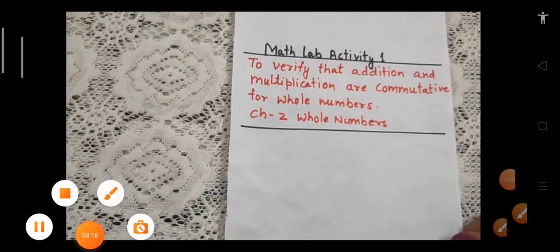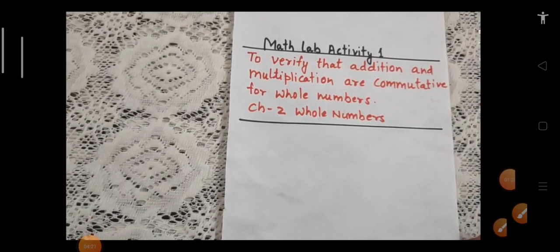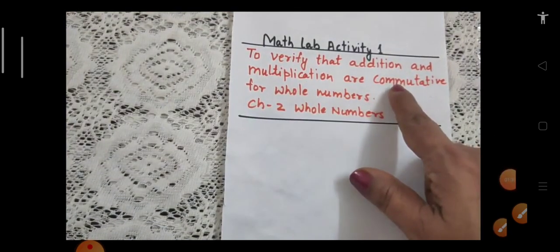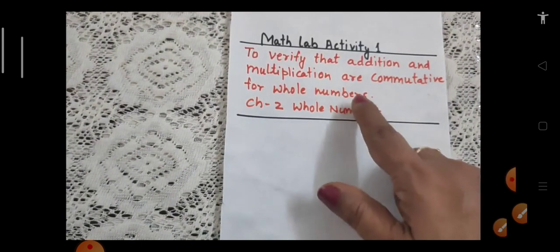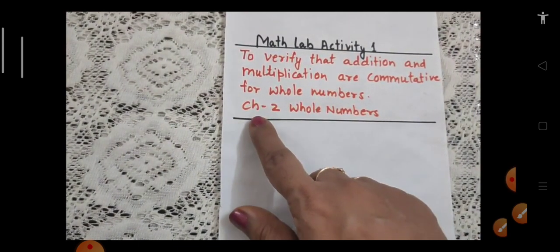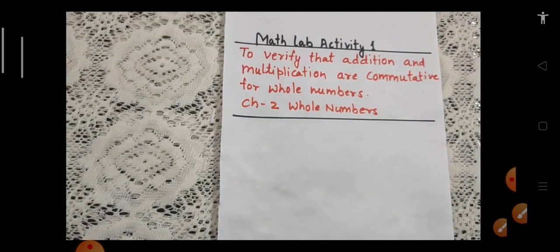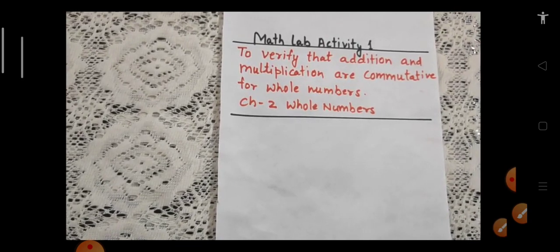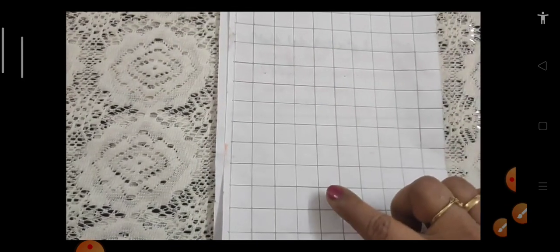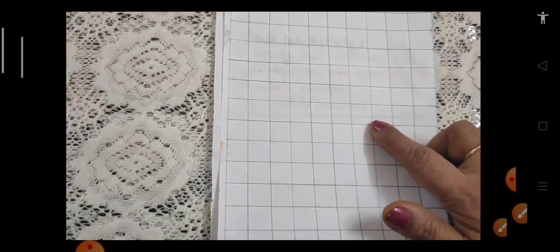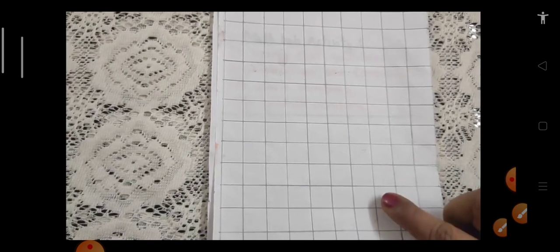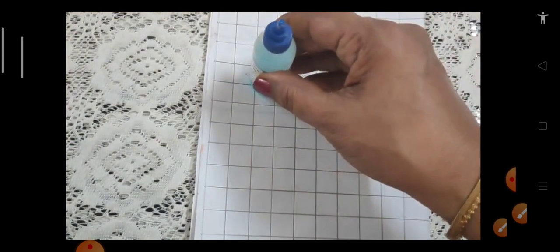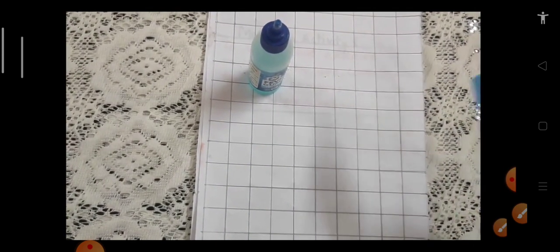Hello children, today we are going to do a MATLAB activity. This is activity 1. To verify that addition and multiplication are commutative for whole numbers, which we have studied in chapter 2 whole numbers. Now what do we require to do this activity? We need 2 grid papers. You can also take graph papers or square ruled papers from your old notebook. Glue, a few sketch pens